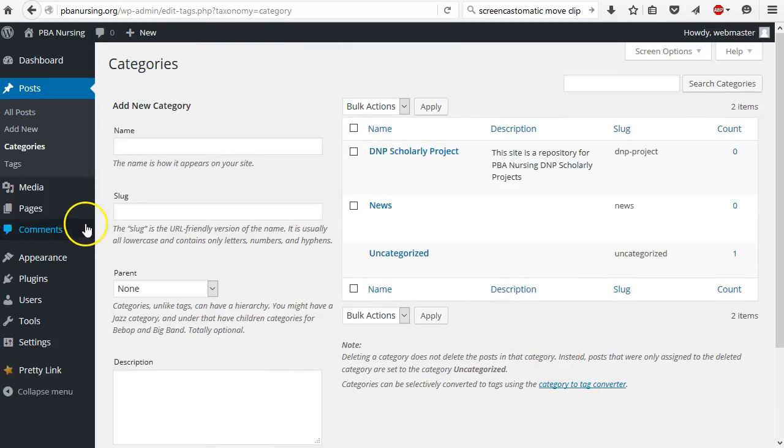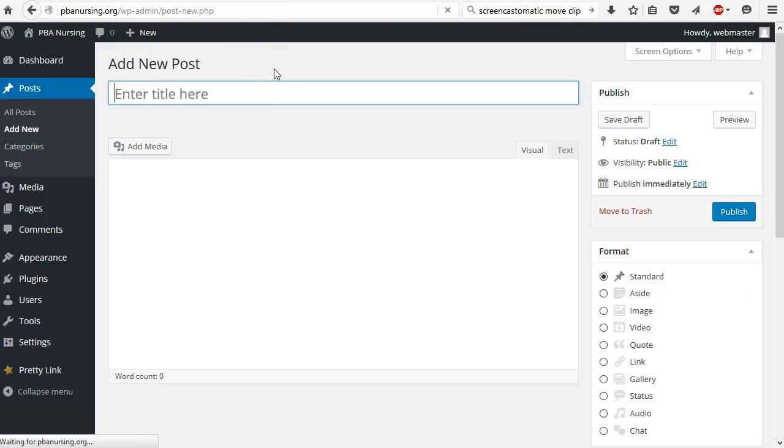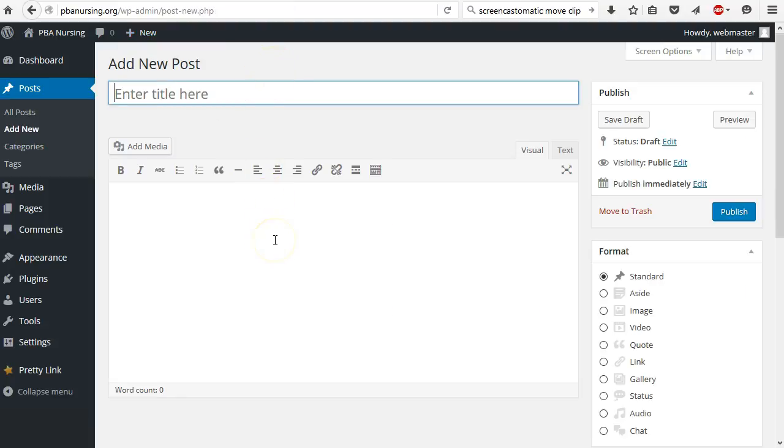Now let's go up to posts. So we're going to add a post. So we go back up to our New and click Post. All right, it looks very, very similar to the Add Page screen, except instead of having a page title at the top, it's going to say post. So here we can enter this, and we're going to say